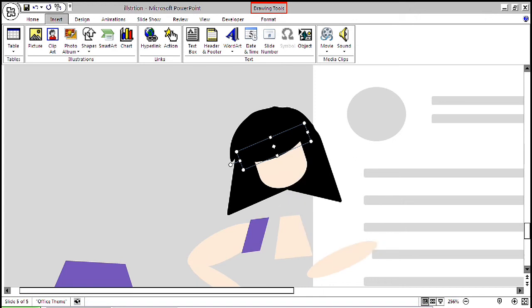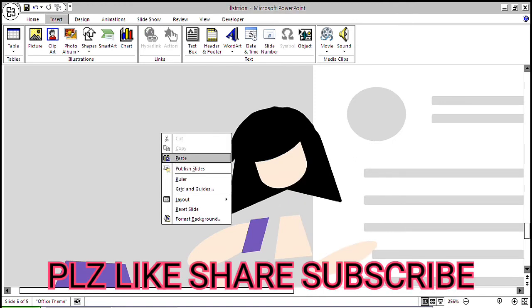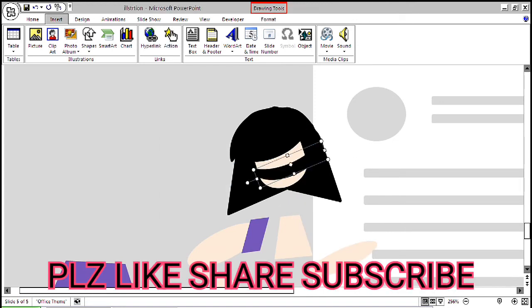Now copy the moon and paste the moon. We'll place this moon above the head and make it a stylish hair type.